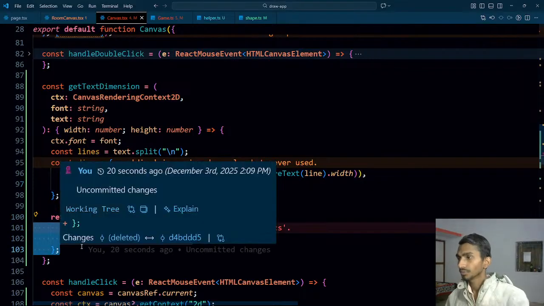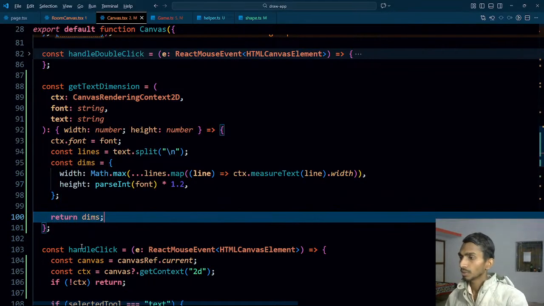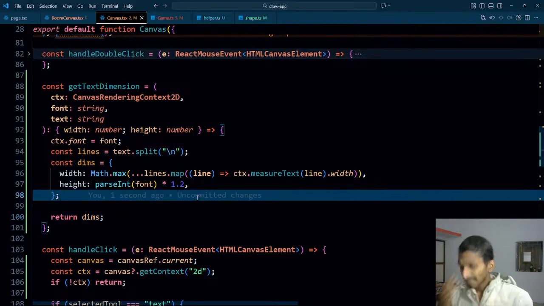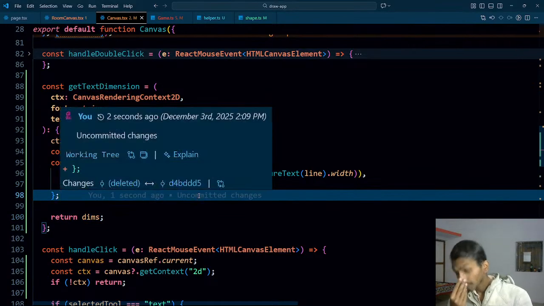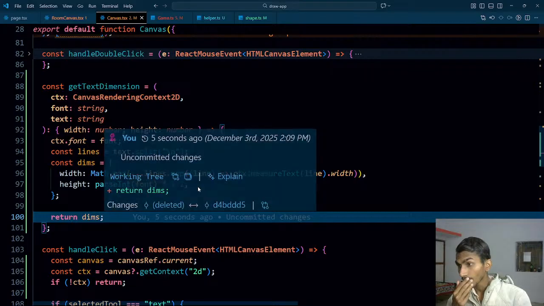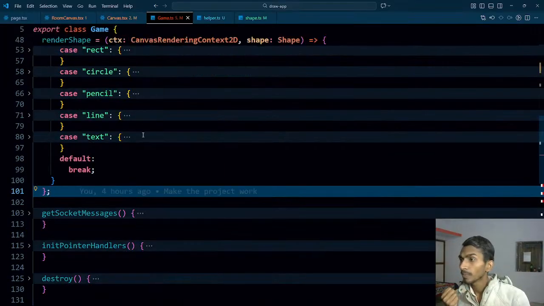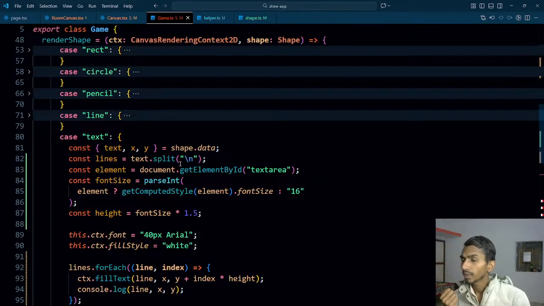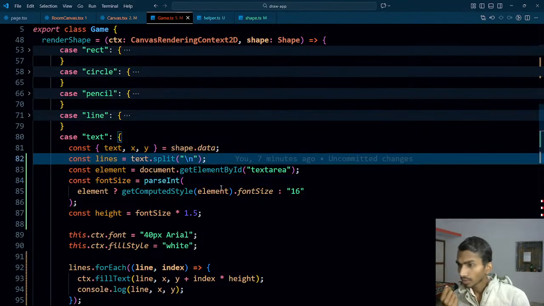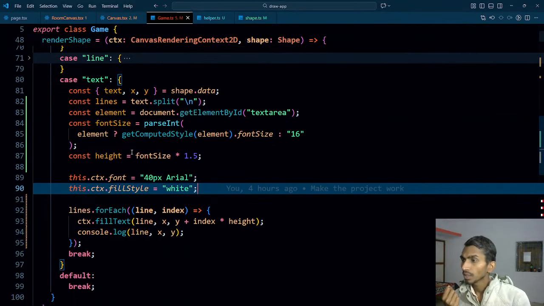And I can return the dimensions. The thing is that this is the size. Okay, how can I do it? This thing is being set. When I'm getting that, I'm increasing that text. When I got that, I got all the lines, and when I actually got the height,